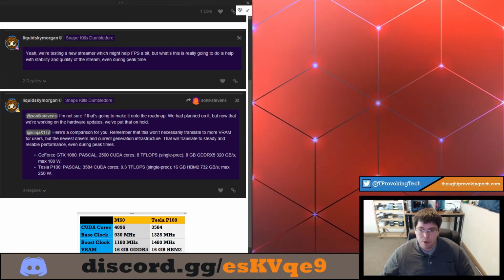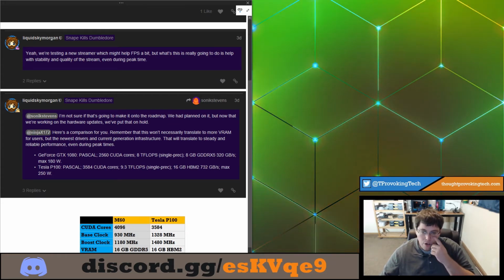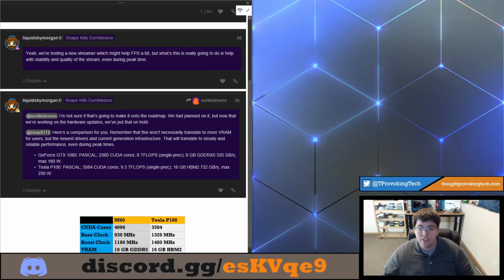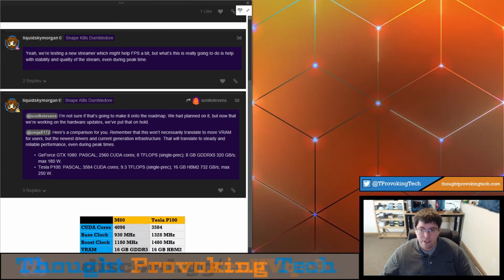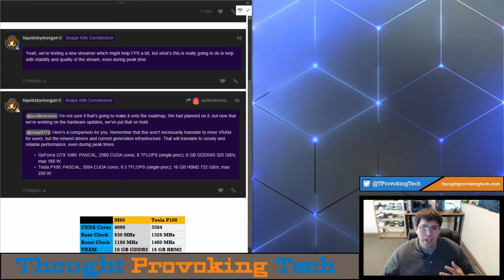As you can see here, with comparison of the 1080 to the P100, we're seeing almost a double. And if I recall correctly, the M60 has less bandwidth actually than the GTX 1080, but I could be incorrect there. I do know that the Tesla P100 does increase the bandwidth because it's using HBM2. They do mention here that this won't necessarily translate into more VRAM for users, but I am holding out hope